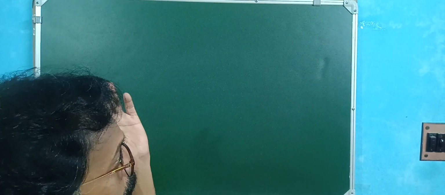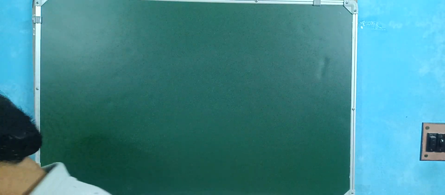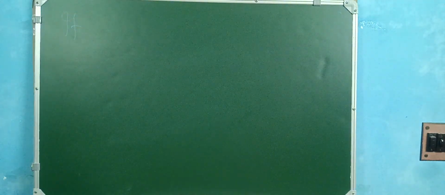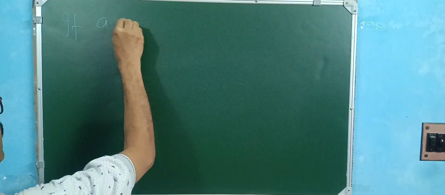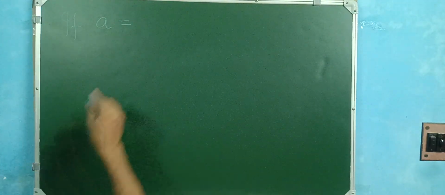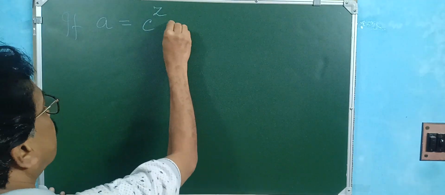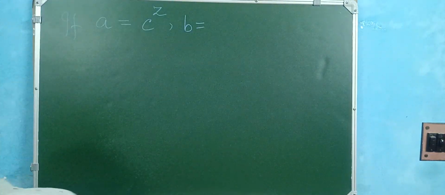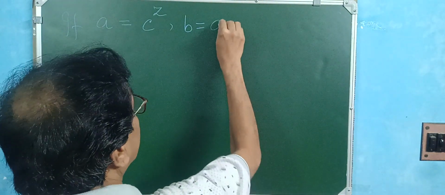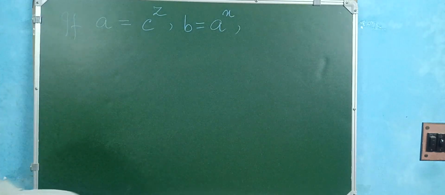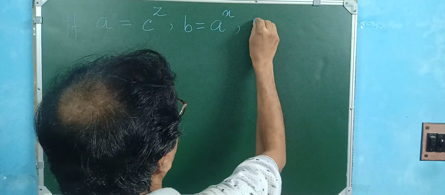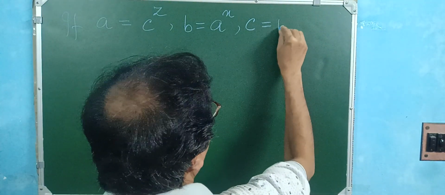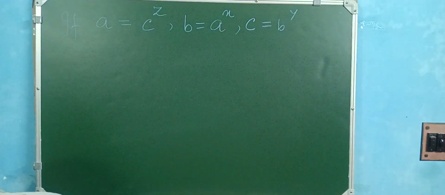Today I will also discuss the maths from the ML Agrawal class 9. Suppose a sum: if A is equal to C to the power z, B is equal to A to the power x, and C is equal to B to the power y. Then prove